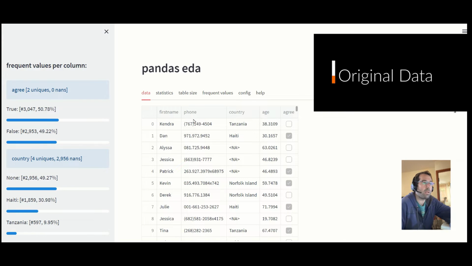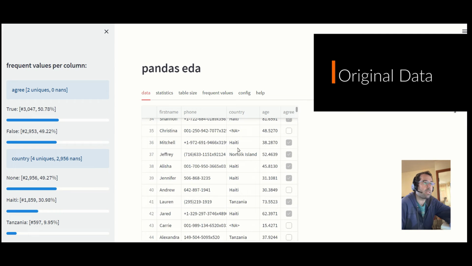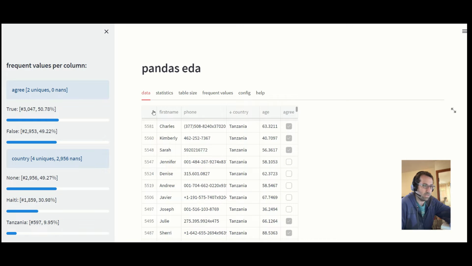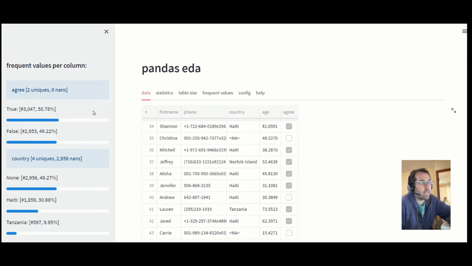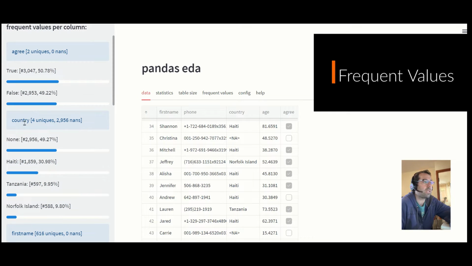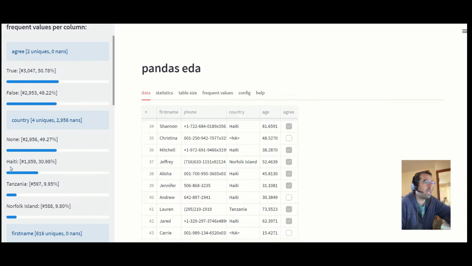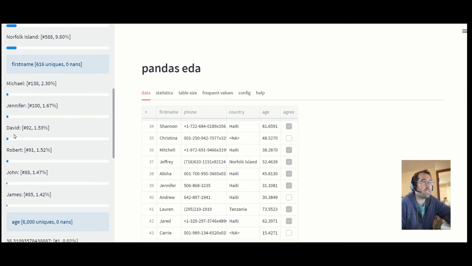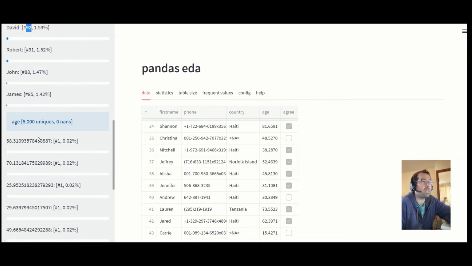Okay, here we have our original data. We can scroll it, we can sort it, like by first name or by country name, or unsorted. Then we have the frequent values for each column. Like if you want to see the country name, we see that we have 80 of 30%. We have a lot of missing data, like 40%, and so on. We have also first name, like David, we have